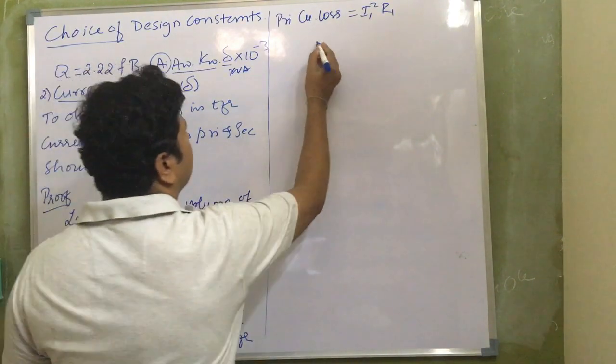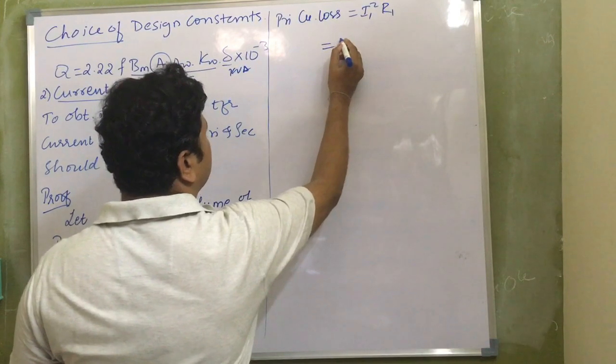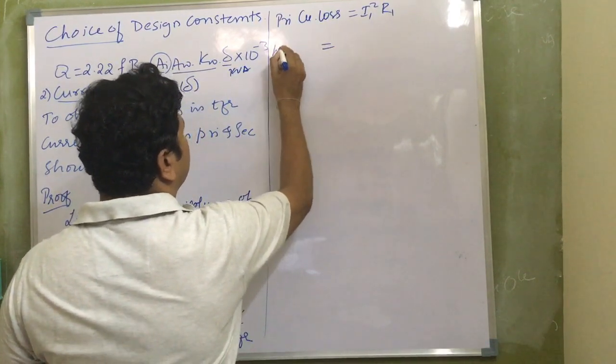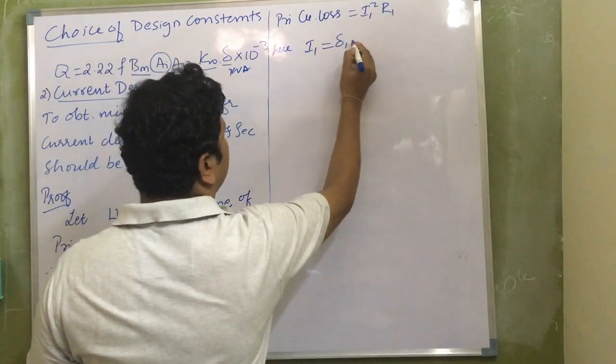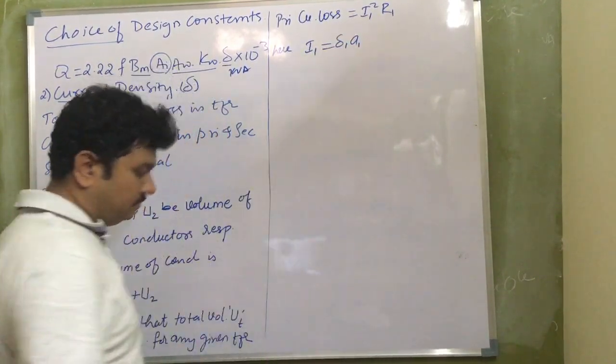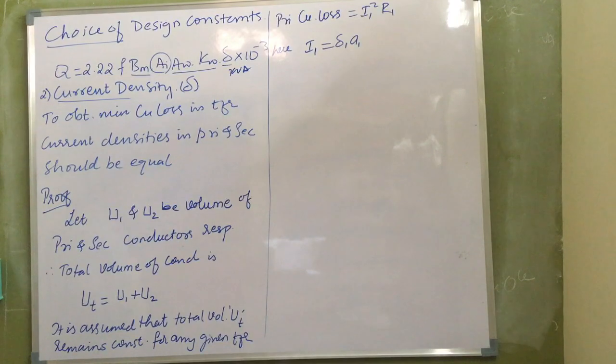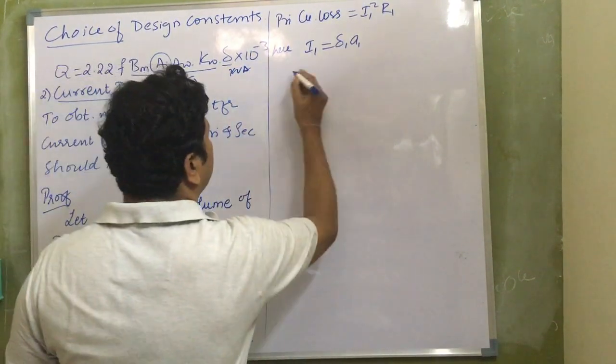So what is I1? Here I1 is equal to delta 1 into A1. So the primary copper loss is equal to,